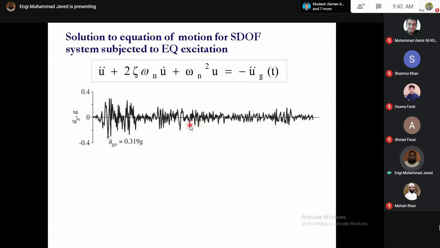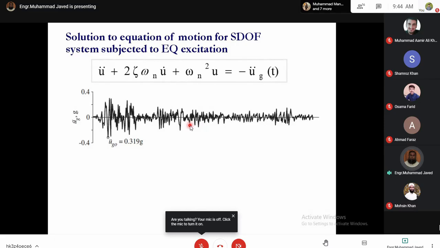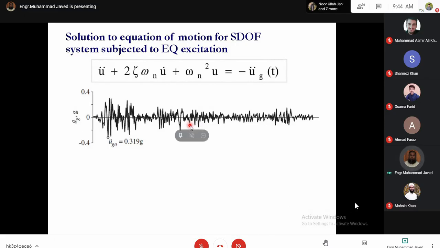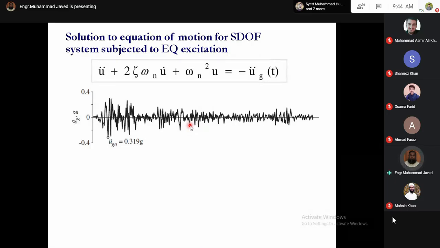अब नॉर्मली आजकल हमारे पास जो मॉडर्न इंस्ट्रूमेंट्स हैं वो 1 सेकेंड में 30 से 60 रीडिंग, 50 से 100 रीडिंग रिकॉर्ड करती हैं। तो एक 30 सेकेंड का भी अर्थक्वेक हो और वो इंस्ट्रूमेंट 1 सेकेंड में 50 रीडिंग रिकॉर्ड करता हो तो 30 सेकेंड में 1500 रीडिंग रिकॉर्ड करेगा। आपके पास 1500 ग्राउंड एक्सेलरेशंस की वैल्यूज आ जाएंगी और 1500 टाइम्स क्लासिकल इंटीग्रेशन से इस इक्वेशन ऑफ मोशन को सॉल्व करना काफी लेबोरियस काम है। तो इसलिए इस पर्पस के लिए हम न्यूमेरिकल इंटीग्रेशन यूज करते हैं, जिसमें कंप्यूटेशनल एफर्ट बढ़ जाती है लेकिन उसको हम कंप्यूटर प्रोग्रामिंग में यूज कर सकते हैं।